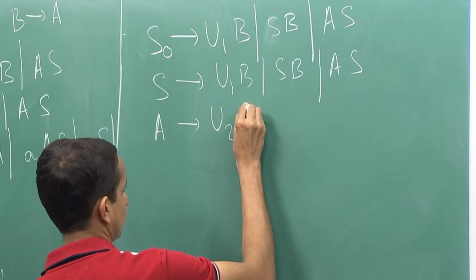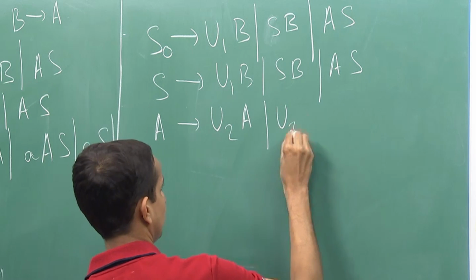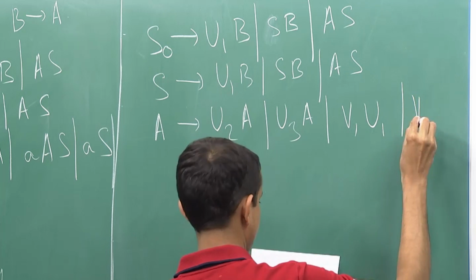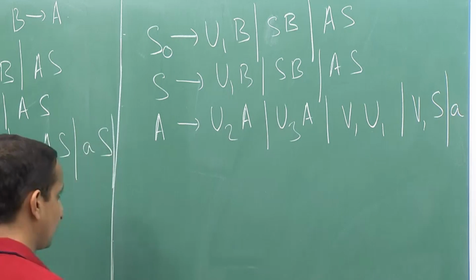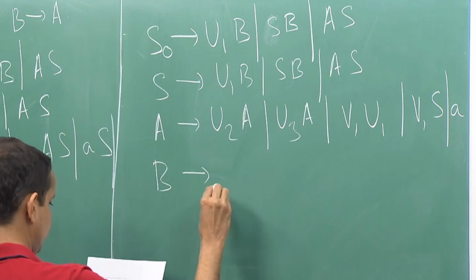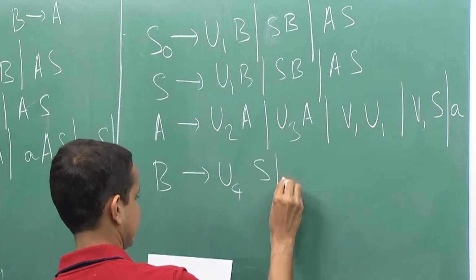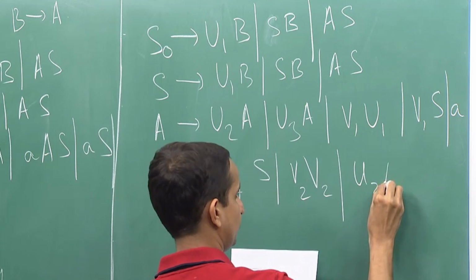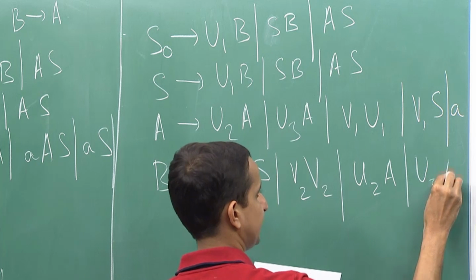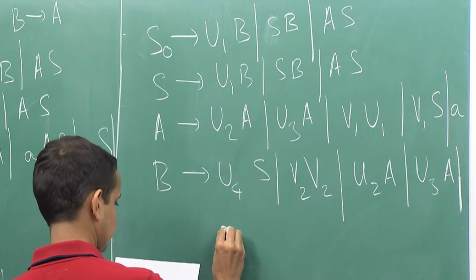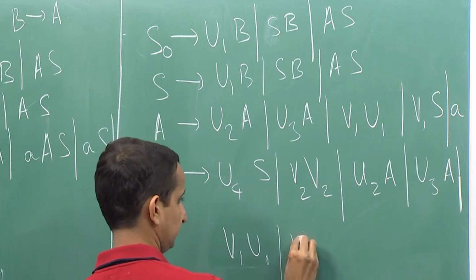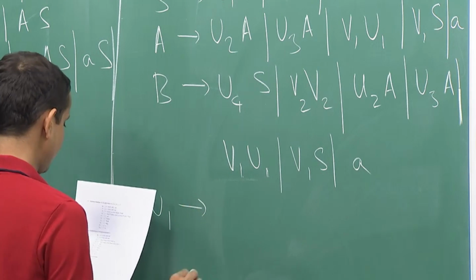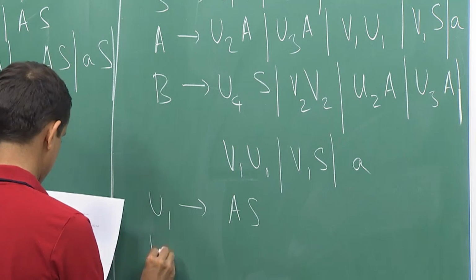A going to U2A, U3A, V1 U1, V1S or small a, B going to U4S, V2 V2 or U2A or U3A or V1 U1 or V1S or A. Now, I have these new rules for U1, U1 going to AS,